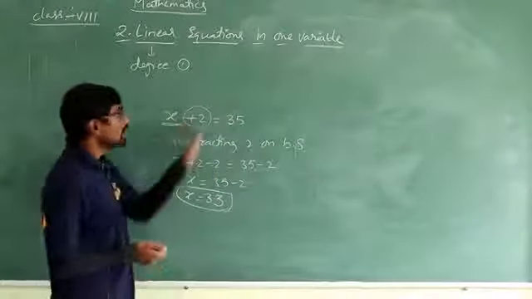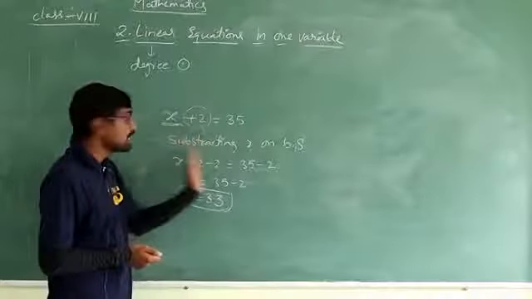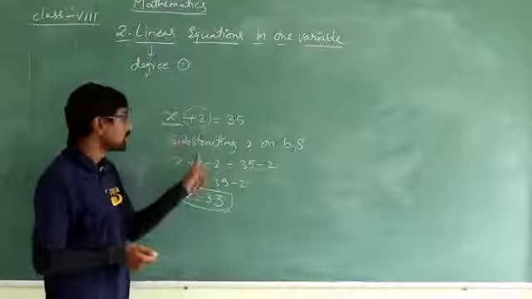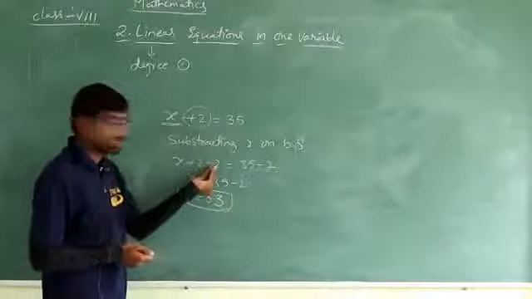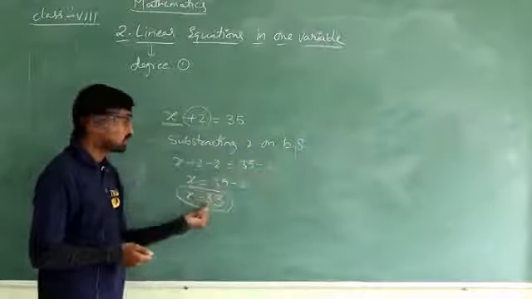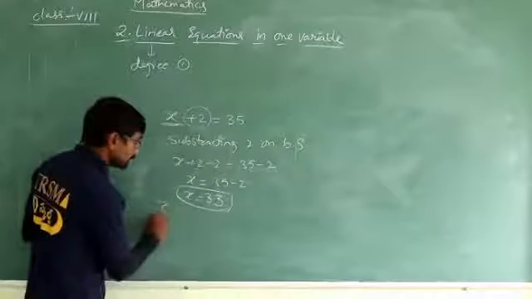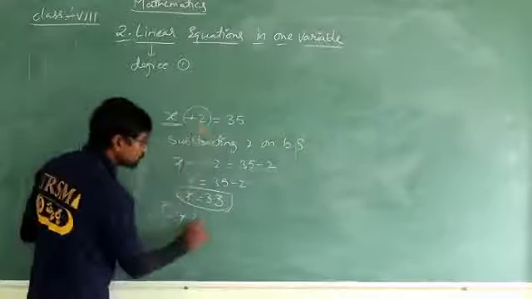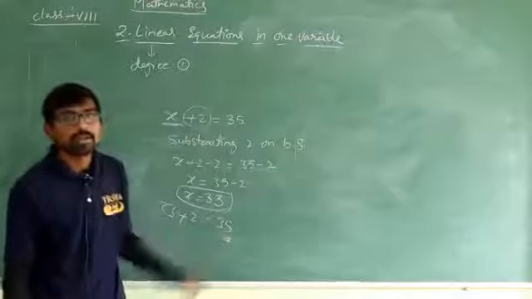Now, why did I subtract this 2? Because here 2 is added, so I have to keep the variable and remove the rest. Because of that, for plus 2, I have to subtract 2. Plus 2 minus 2 becomes 0. Here 35 minus 2 is 33, so 33 is my actual number. See, 33 plus 2 that I added gives the answer 35. This is how we find the actual value.